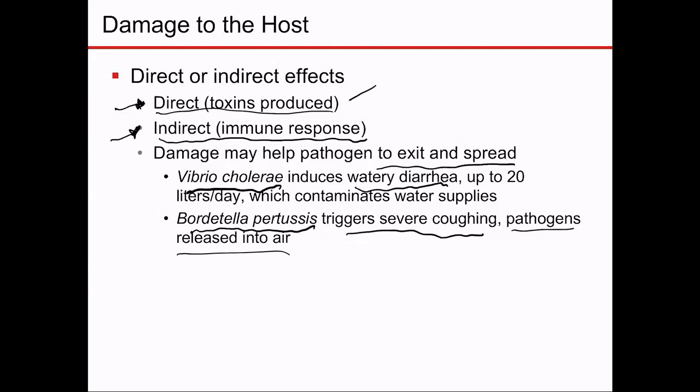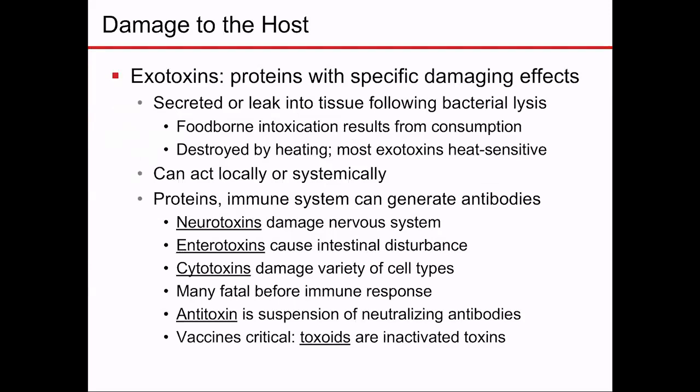Now, let's take a look at this direct effect, toxins. There are different types of toxins that bacteria can produce. The first one that I'm going to mention here are the exotoxins. They're called exotoxins, and you may think, oh, they're called like that because the bacteria secrete that to the outside. Not necessarily. Sometimes the toxins are inside of the cell, and once those cells are lysed, now the toxin is released. When we talk about exotoxins, we are talking about molecules that are proteins that have a very specific damaging